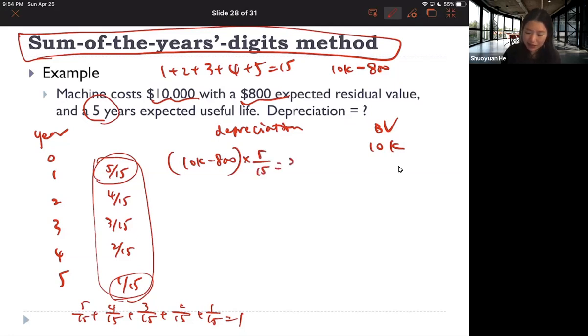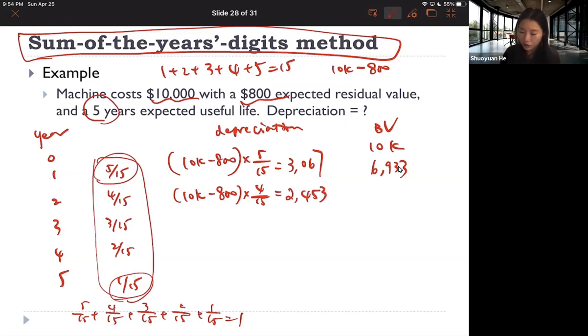So that is 3,067. After the first year's depreciation, our book value is 6,933. And then the second year, we depreciate 4 over 15. So that is 2,453. After the second year, our book value is 4,480. The third year,